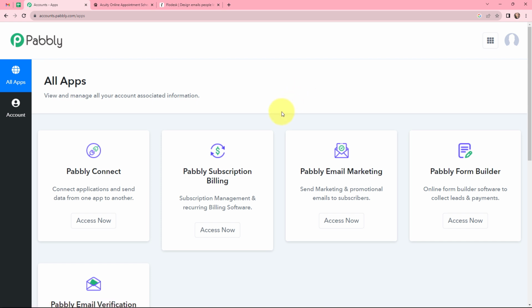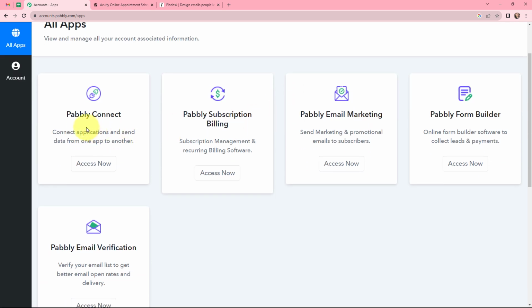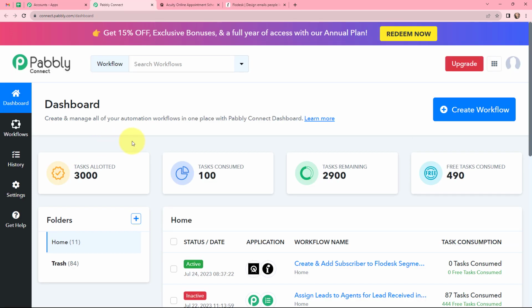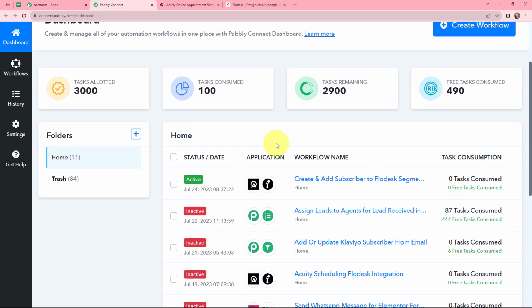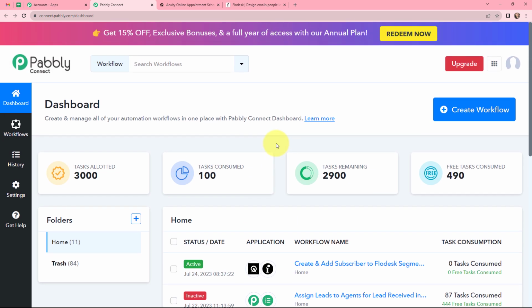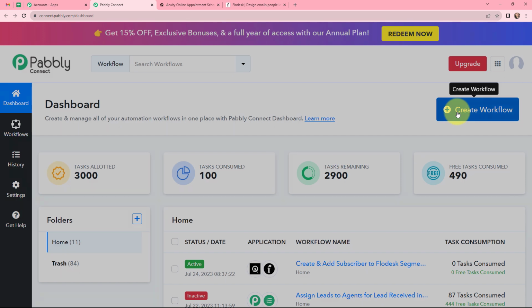So these are the applications provided by Pabbly. So we will go to Pabbly Connect and click on Access Now to reach our dashboard. We have arrived on our dashboard and these are some existing workflows which were created before. To create a new workflow, let us go to our right hand side and click on this Create Workflow button